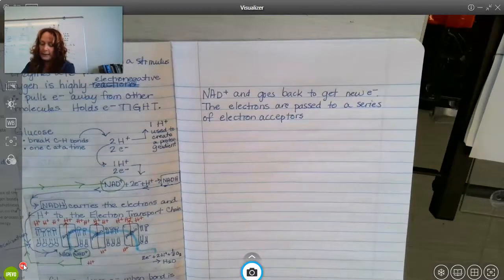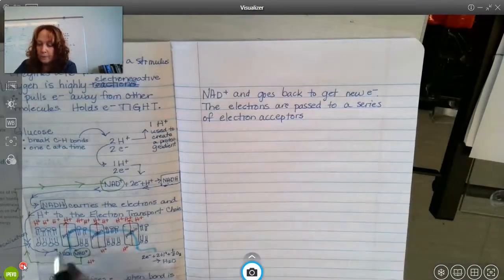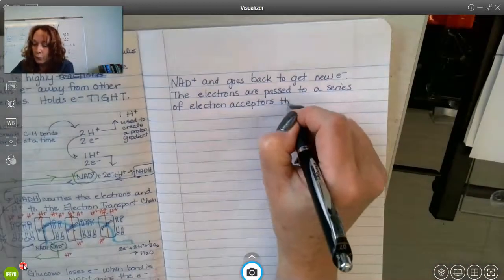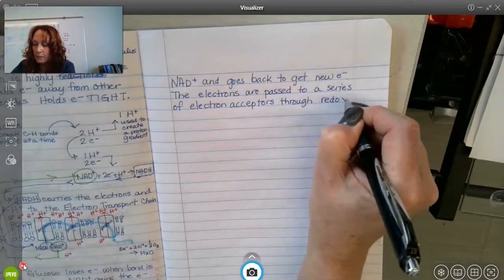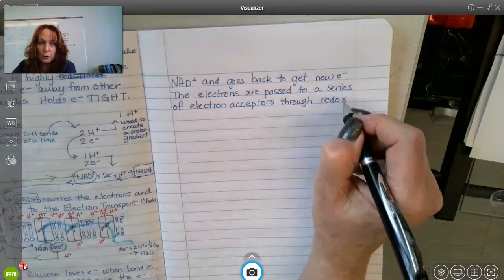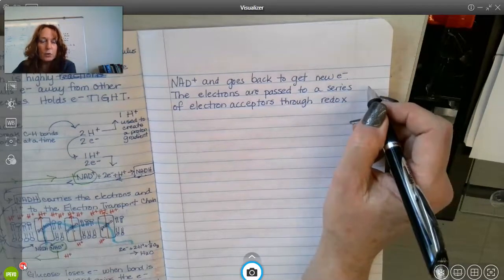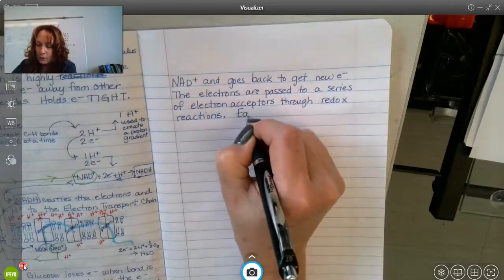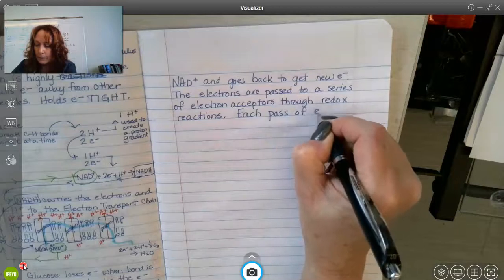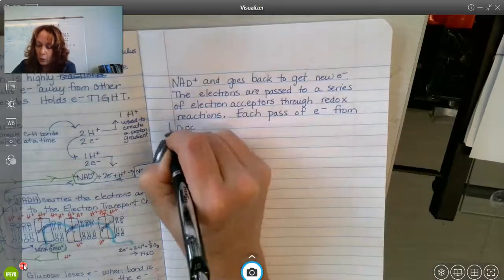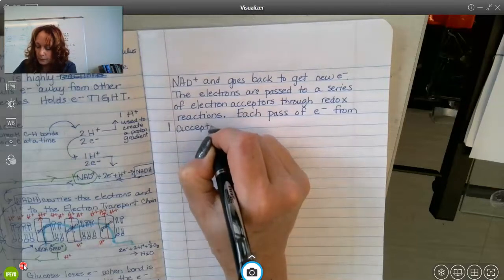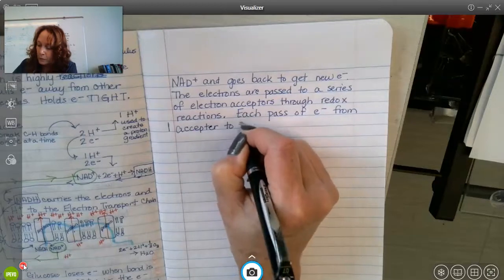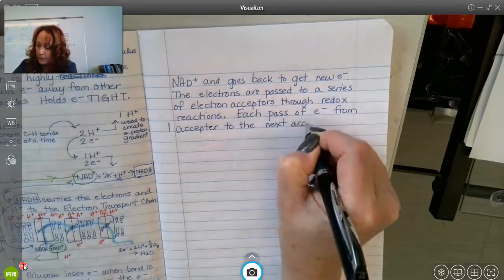I didn't ask you to define acceptors. A series of electron acceptors. Acceptor, acceptor, acceptor. Through, let's use our vocabulary, redox. If you gain, you're accepting the electron, you're in your reduced form, then you give it up in your oxidized form through redox reactions, each pass of the electron from one acceptor to the next acceptor